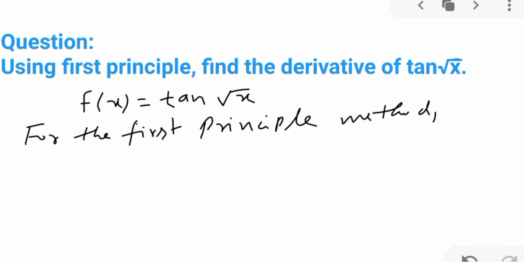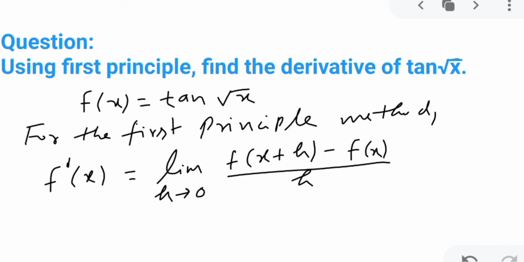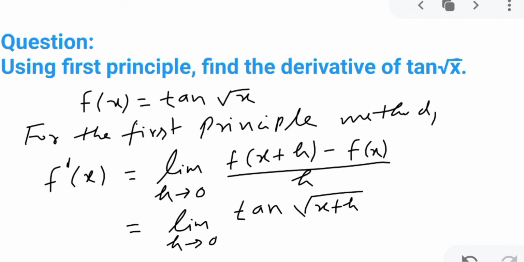we know that f dash x is equal to limit, we are finding like this. Using the first principle we are finding the derivative as limit h tends to 0, f of x plus h minus f of x divided by h, and here the given function is tan root x. So we'll apply. So f of x plus h will be tan, in place of x I will replace x plus h. So tan root over x plus h minus tan root x